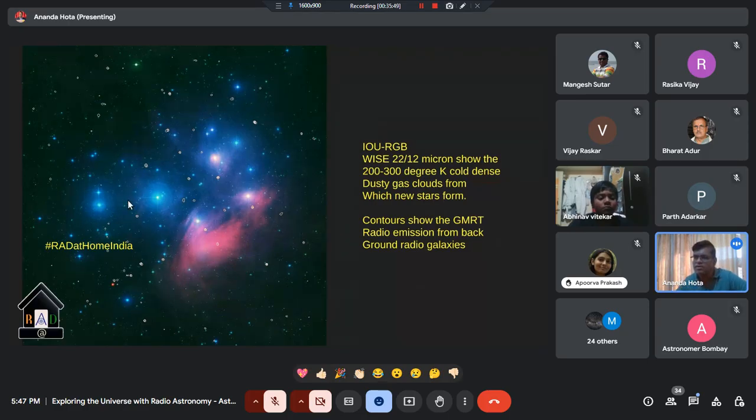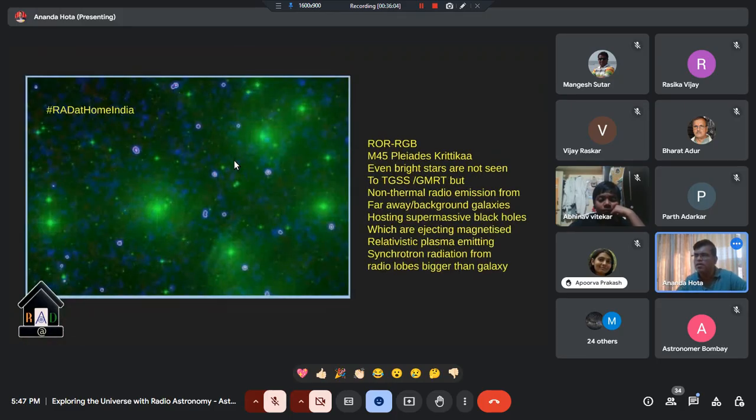You can see the bright stars with the naked eye. The dusty cloud, a 200-degree frozen cloud, emitting primarily in the infrared. But the radio telescope data is also put in. If I put radio telescope data, red and blue, both are from the GMRT and VLA telescopes, they do not see the stars. That is why this optical picture is showing green. The radio picture is seen in pink, both red and blue.